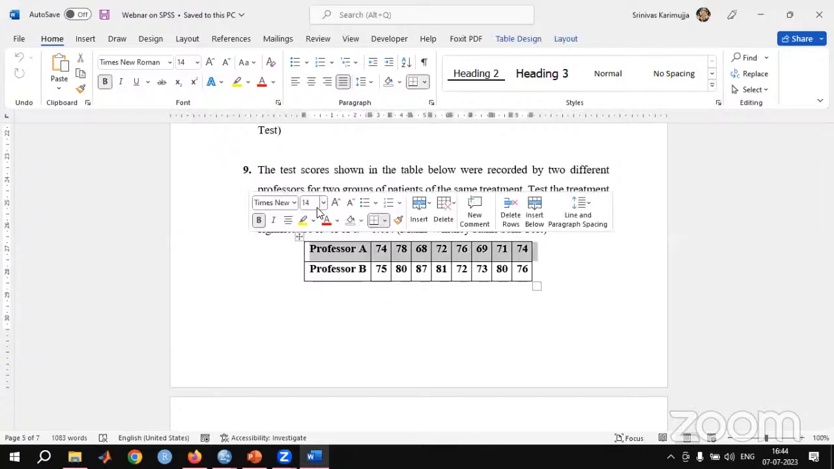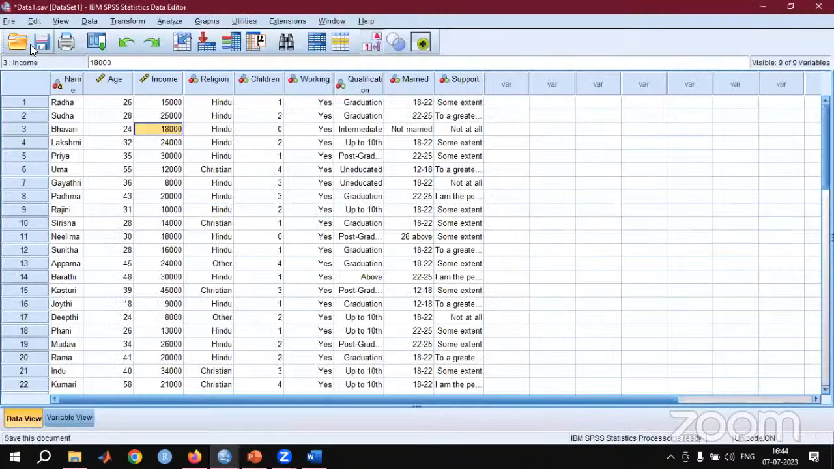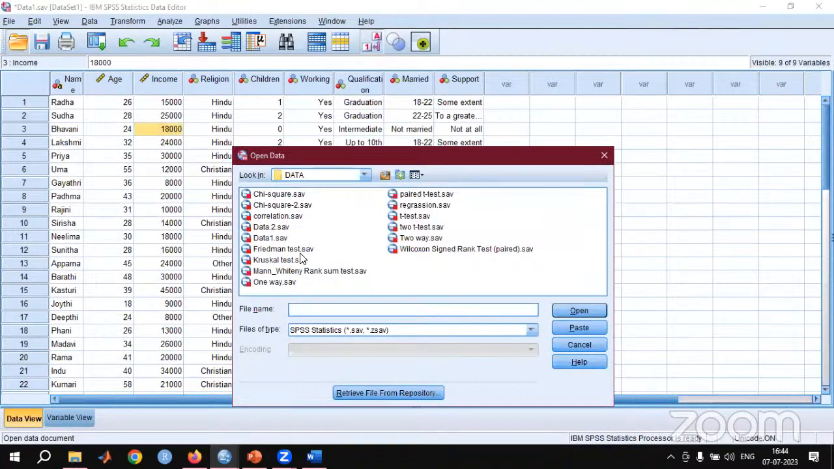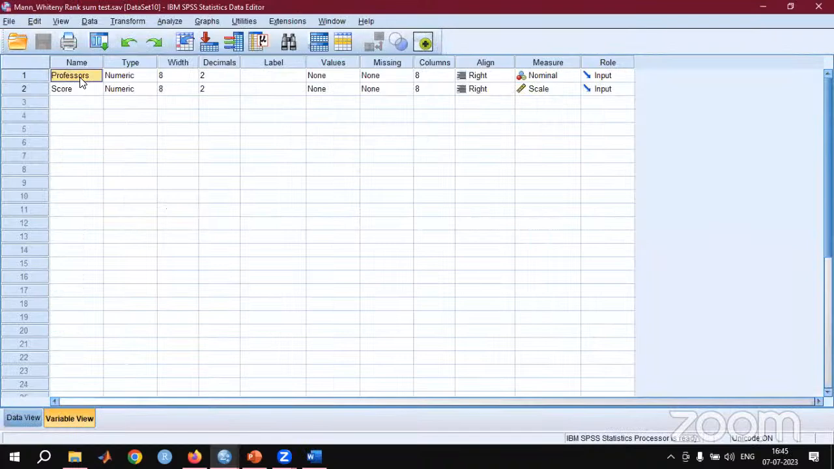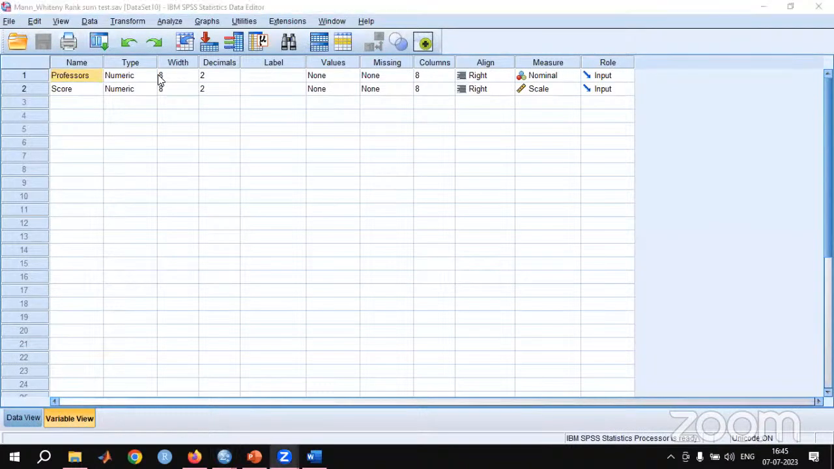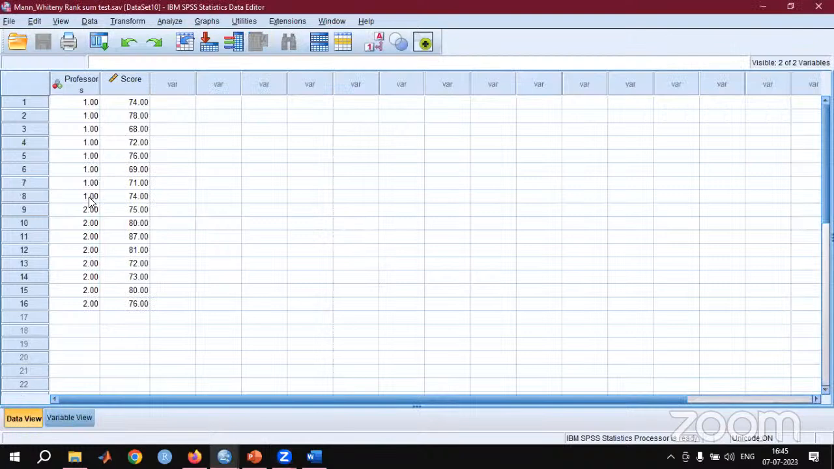See, for this problem, this is the data. Here we have two professors, so I am taking numeric values: Professor A as 1, Professor B as 2, and score values. These are the Professor A scores. These are the Professor B scores. To test with Mann-Whitney U test,